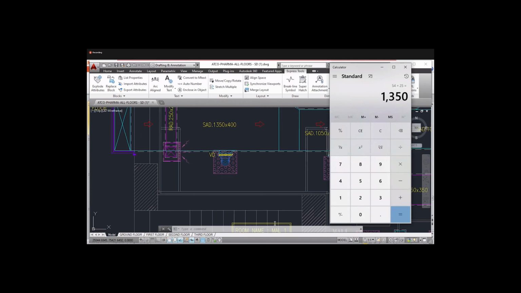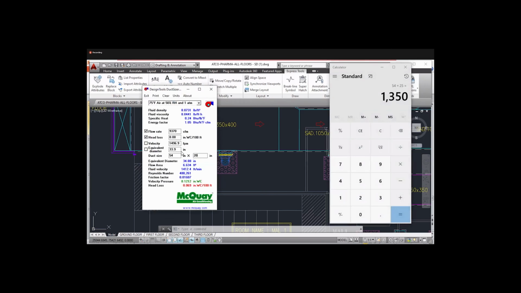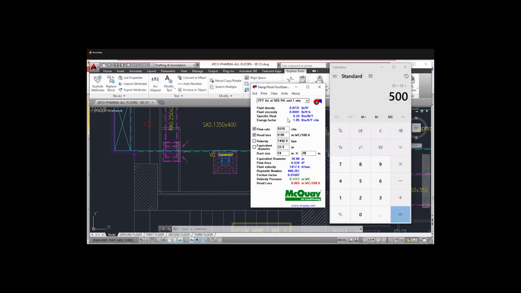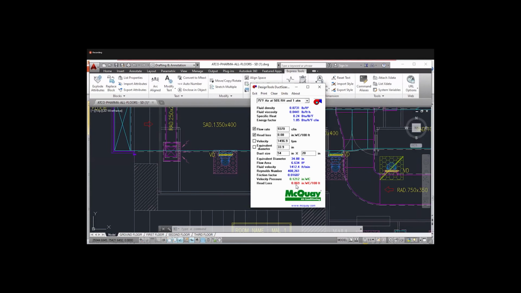And what is the width? Width as calculated in the duct sizer is 20 inch. So 20 inch into 25. So what is it coming? 500. Maybe I have taken it wrongly. Maybe we can do it. It's very less now as compared to this 0.6. Can consider 16 inch. 0.13 is exceeding, no? So 0.08 is less and 0.13 is more.